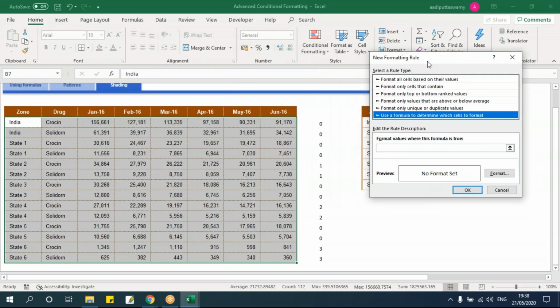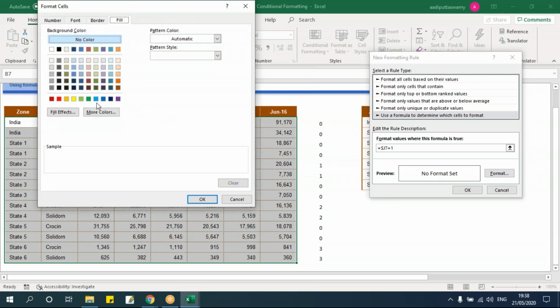Go to formula. Here I'll say equals this value. Now we'll make the column fixed and the row has to change, because every row has to get changed. Equals 1. That means if the value is 1, then let's say I want that to be with this shade.